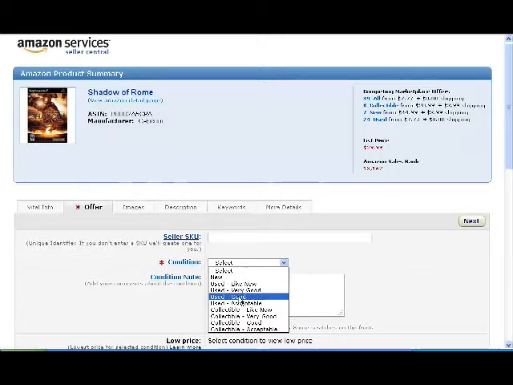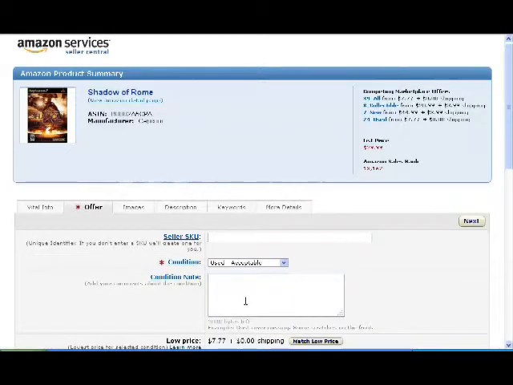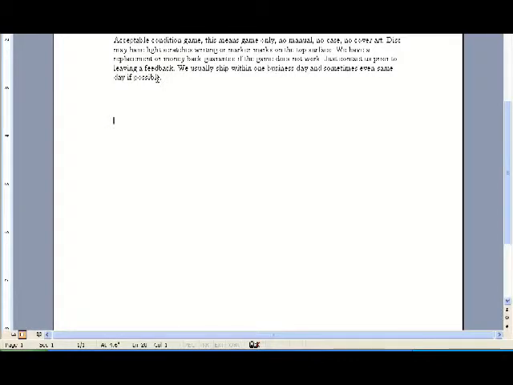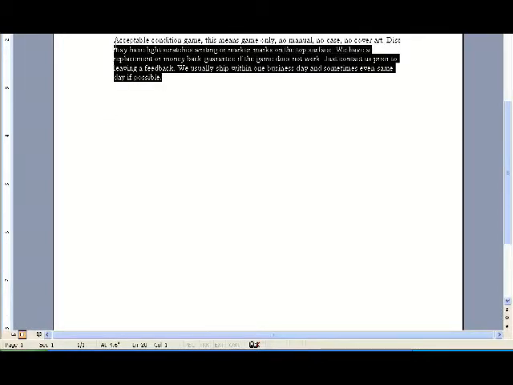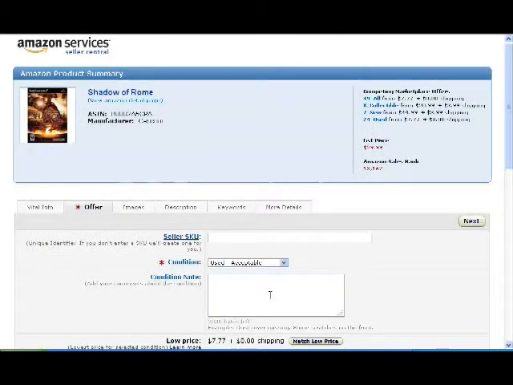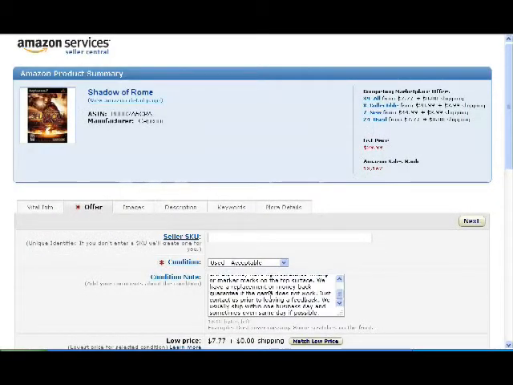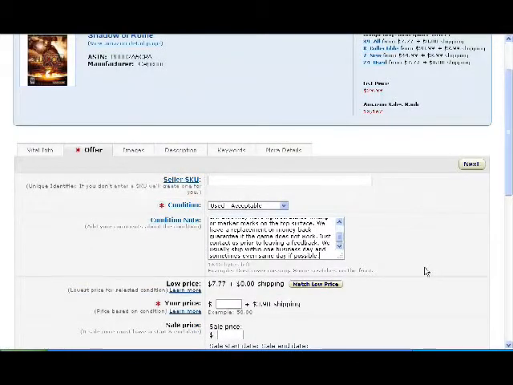wear. And an acceptable is something that's in good working condition, but may not have the original case, may not have the original manual, whatever the case may be. As I said earlier, I just have the disc, so of course I'm going to list it as acceptable. For my acceptable items, I already have a document in Word which covers all the basics of something that's acceptable. It says it doesn't have the manual, it may have marker marks, whatever. And it tells them we have a replacement or money back guarantee, and to contact us before leaving any